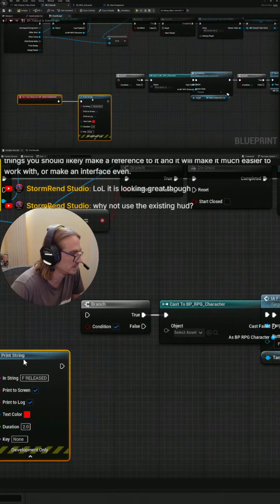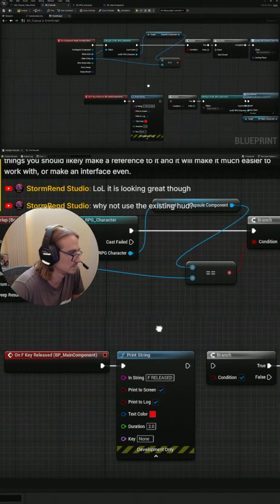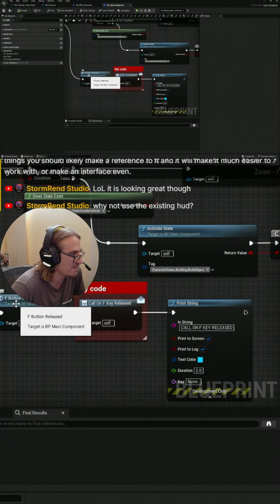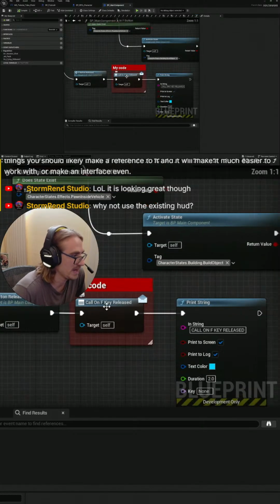And then I want this event, which comes from an F button released inside the BP main component. There we have something called